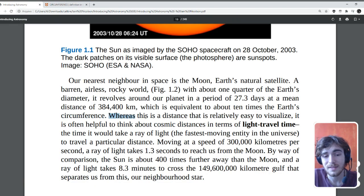Whereas this is a distance that is relatively easy to visualize, it is often helpful to think about cosmic distances in terms of light travel time, the time it would take a ray of light, the fastest moving entity in the universe, to travel a particular distance, moving at a speed of 300,000